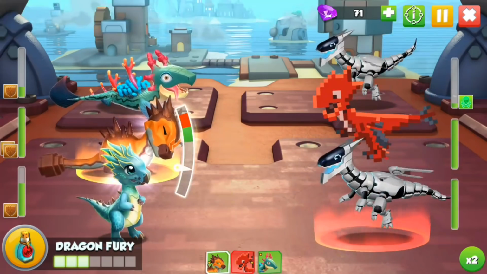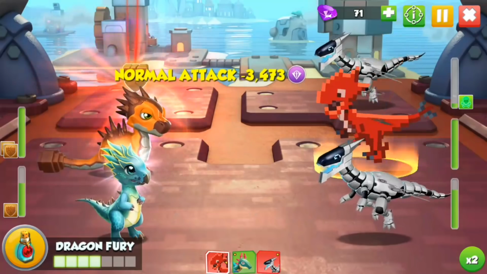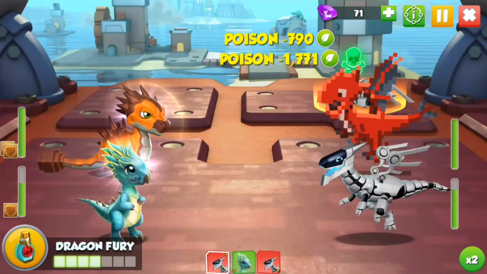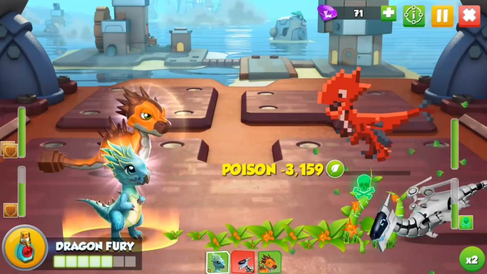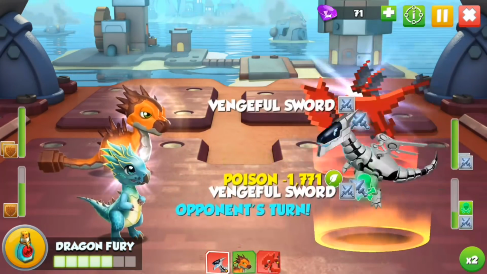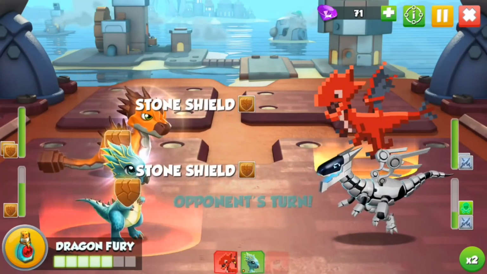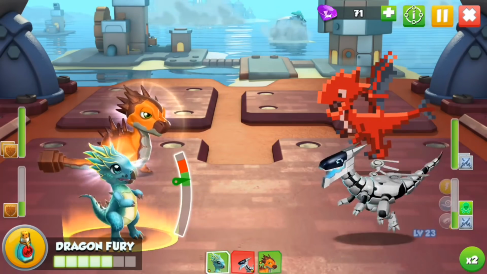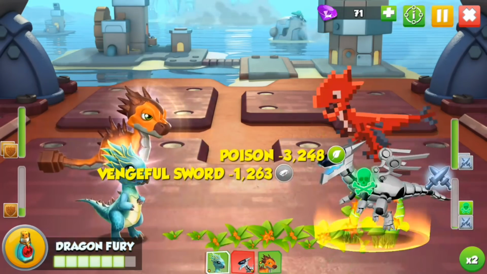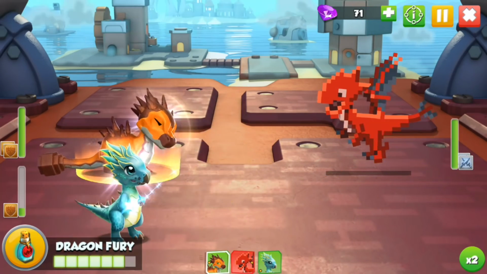I kind of want to attack to build up our Dragon Fury, but not healing there. Actually, even if we'd healed, I think that coral dragon still would have died. So I think that was the better decision for us to make there. And Vengeful Sword is probably really good for us, actually. I'm going to Stone Shield a Rust Dragon here, so we can heal up with our Gave Dragon if we need to. I'm just going to attack again, and then...